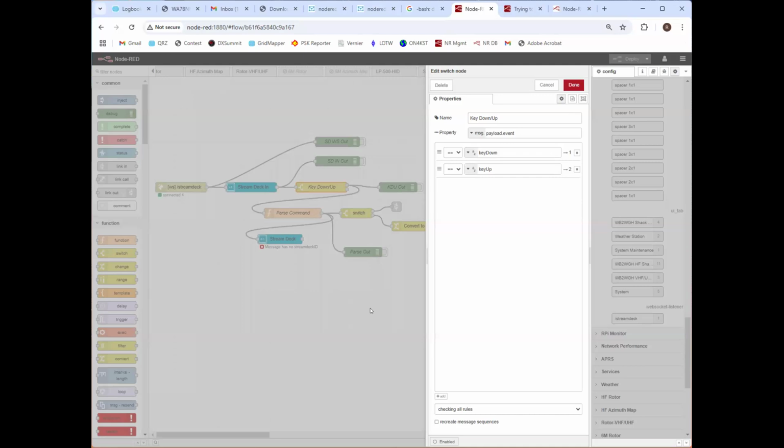Anyway, the Stream Deck produces key down and key up events and probably others. And when I touch a button, I want Node-RED to act when I press the button, when I push on the button, not when I lift up on the button. So I care about key downs. So this is a switch node that simply looks at message.payload.event, which comes from the Stream Deck,